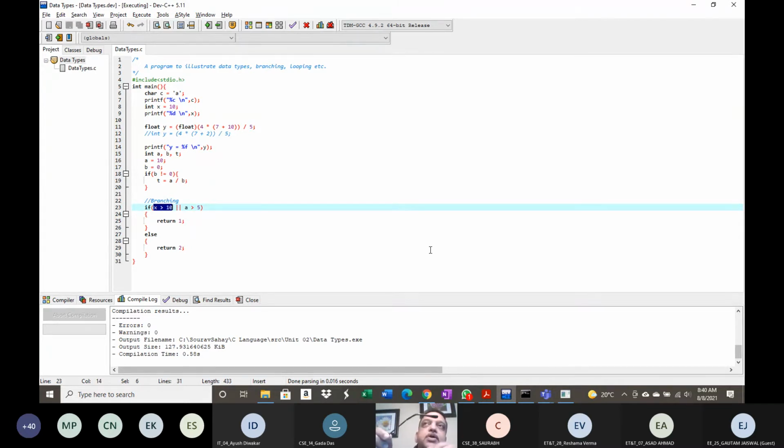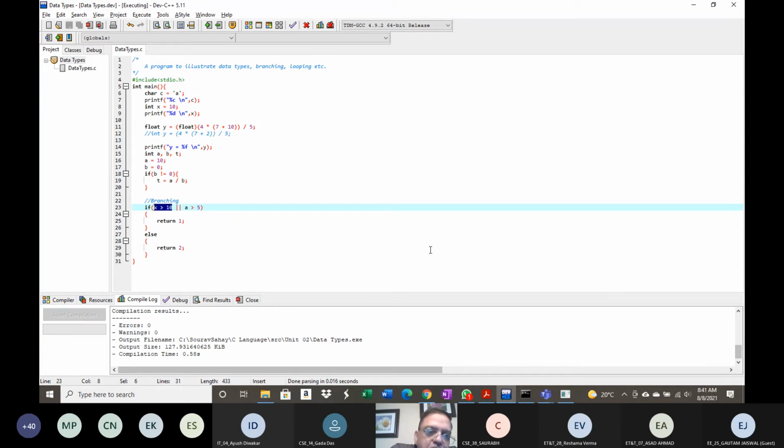So what is an expression? It is a combination of operators and operands. Operators are something that perform a computation, and operands are the inputs that you give to that particular operator. So here the operator is the greater than sign in this expression, operands are x and 10, and this is a logical expression. Why? Because it returns either true or false.